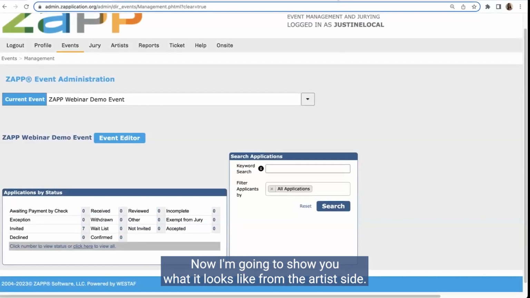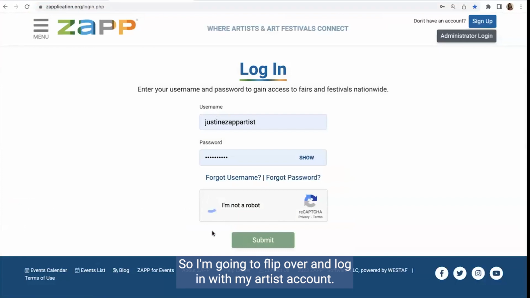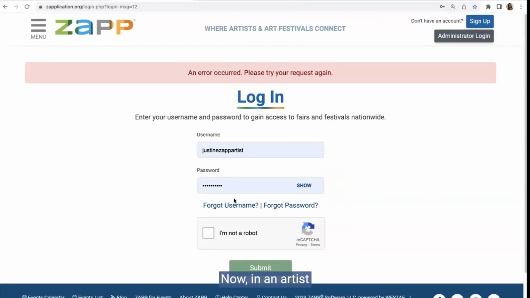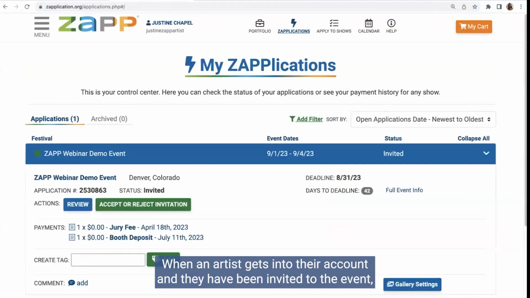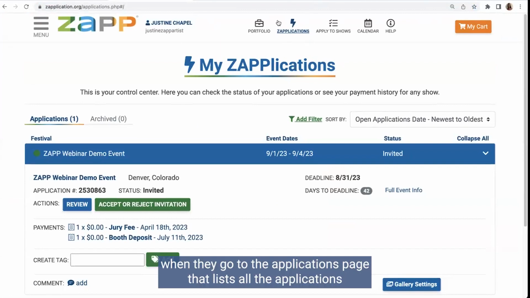Now I'm going to show you what it looks like from the artist side. So I'm going to flip over and log in with my artist account. Now when an artist gets into their account and they have been invited to the event, when they go to the